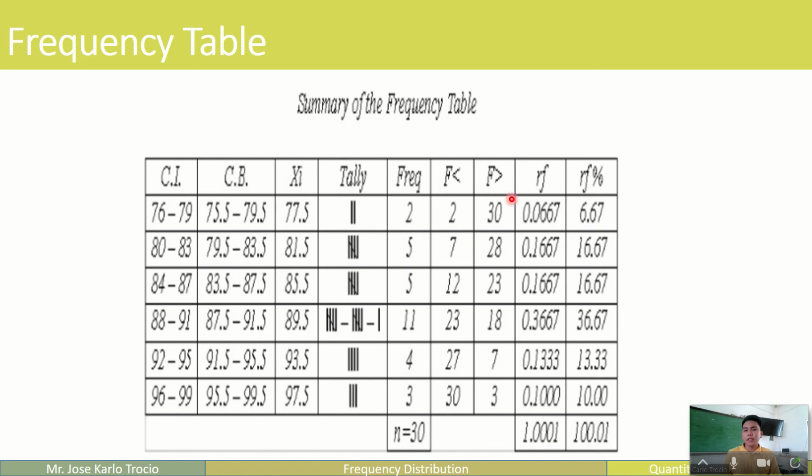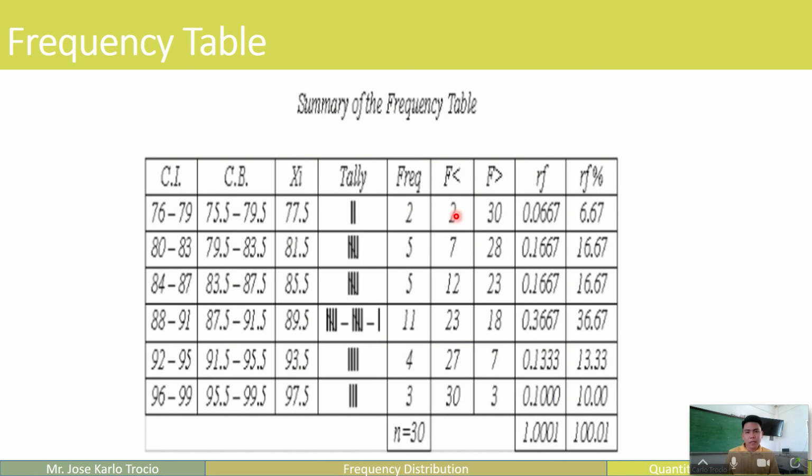So this is now your class intervals. Again, you need to use steps 1, 2, and 3. Do not forget. And then find the class boundaries: just subtract 0.5 and add 0.5. And then the class mark is the average of these two, 76 plus 79 divided by 2, that is 77.5. And then the tally, and then the frequency. And then this one is